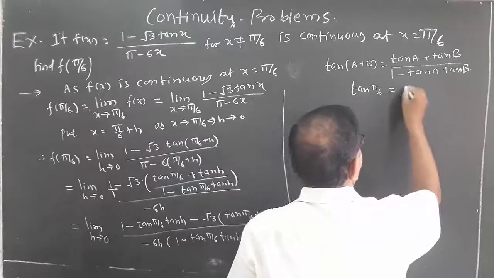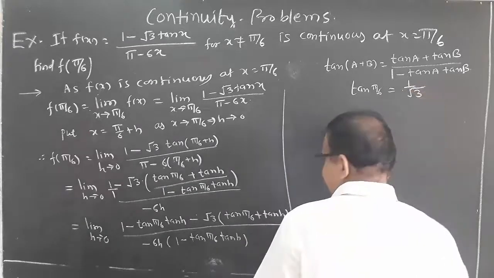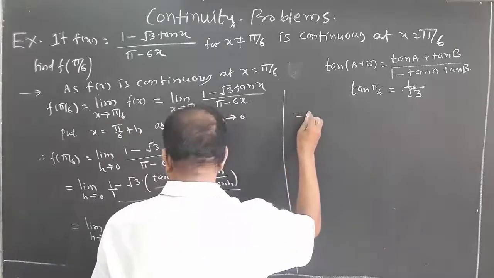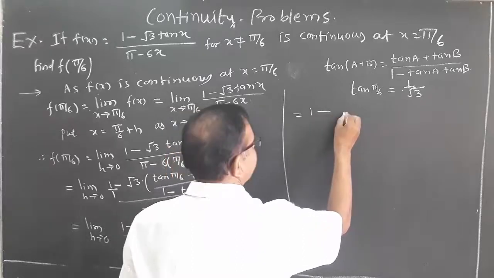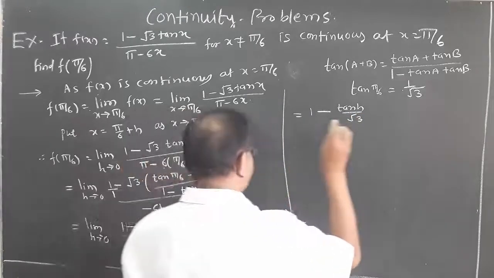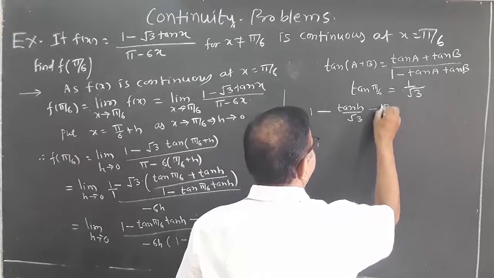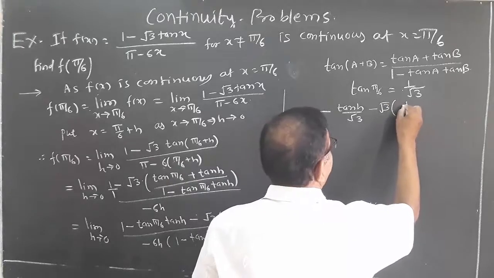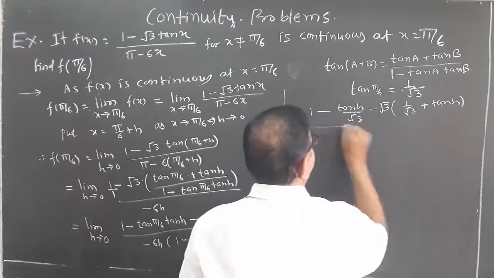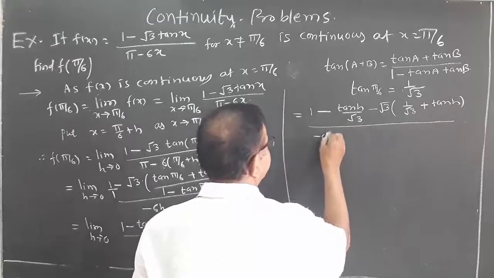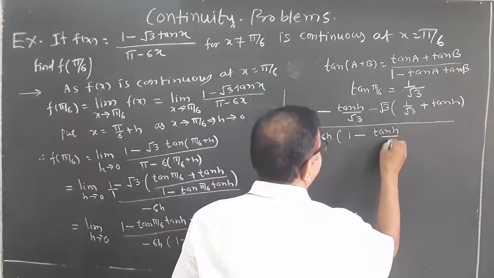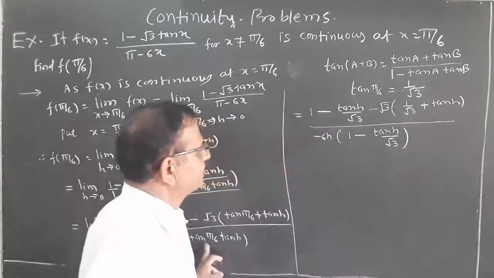We know that tan of pi by 6 equals 1 by root 3. Therefore, substituting tan of pi by 6 equal to 1 by root 3 here, we will get limit equal to 1 minus tan h by root 3, minus root 3 into 1 by root 3 plus tan h, divided by minus 6h into 1 minus tan h by root 3. Now simplifying this,